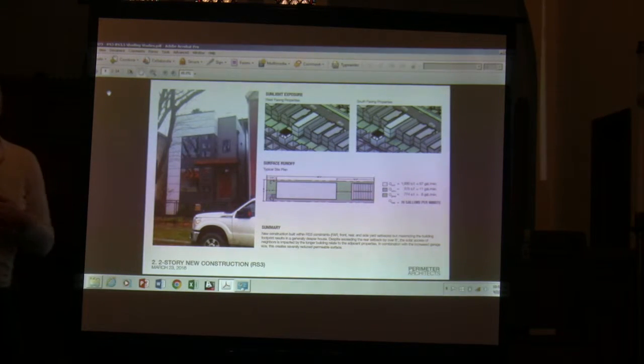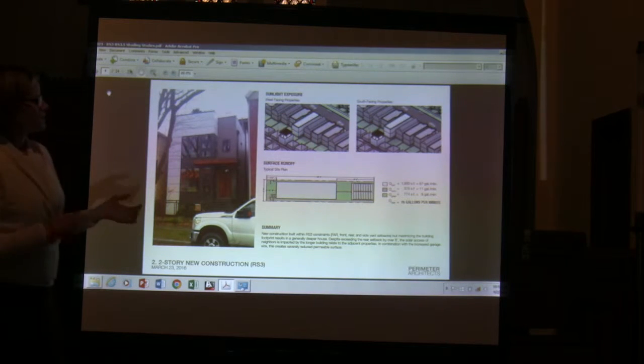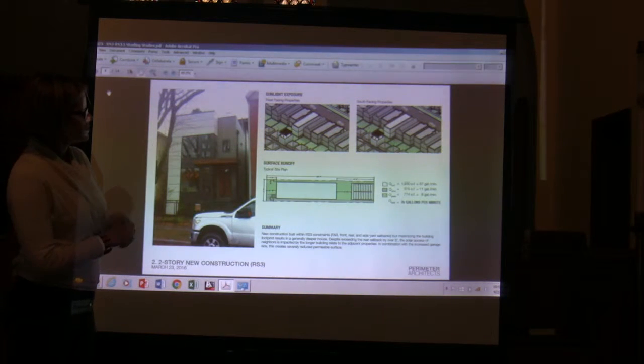And that was really what we were looking at, because the sense from people was that these 3-story buildings were going to shade the neighbors. It's not the height that shades, it's the depth of the building. So we have the runoff and the shading. So then if we go forward,